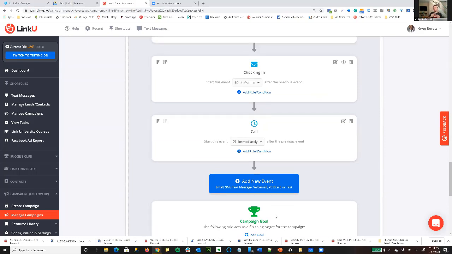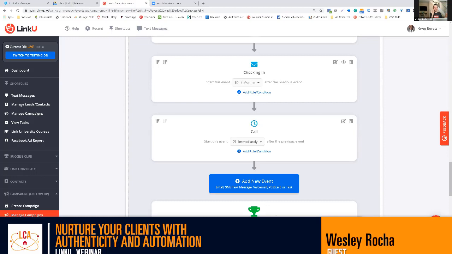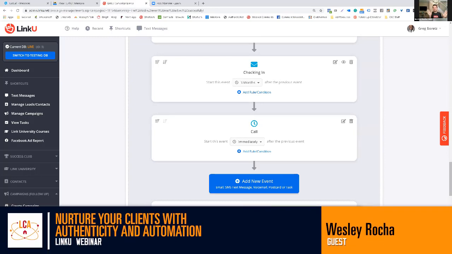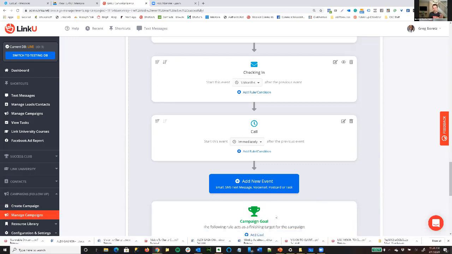So when this runs, all it does is it just throws that task in your Google Calendar or whatever. So now I don't have to remember to call the Smith family every July 2nd. I don't have to remember that because every July 2nd, it's going to show up on my calendar automatically because the LinkU platform is adding it there automatically. Does that make sense? So now I just say, oh, anniversary. It shows on my calendar. I pick up the phone, make a quick call. Hey, just want to say, you know, if I get a hold of them, boom. Now it seems like you're on top of it, right? You know everything going on.